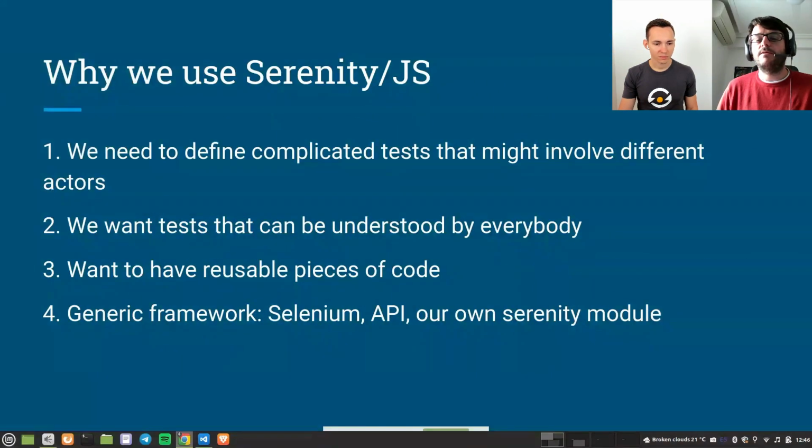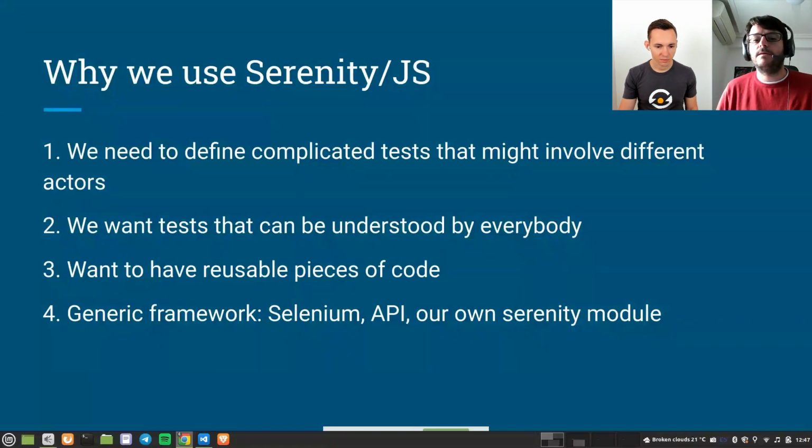And then we also like that serenity-js is a generic framework. It's mainly used for Selenium or front-end applications, but you have your own modules for testing APIs or databases or whatever you want, and if you don't find something suitable, like in our case, we integrate with WhatsApp, Telegram, things like that, you just build your own module for whatever you need, plug it in, and it will work.